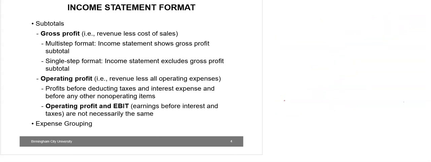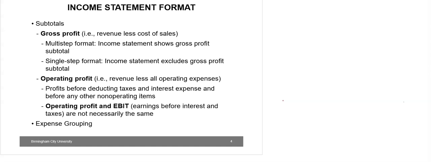Expenses may be grouped and reported in different formats subject to some specific requirements. Some of the items are specified by IFRS, but other items are not specified. Certain items such as revenue, finance costs, and tax expenses are required by IFRS to be separately presented on the face of the income statement. Additionally, IFRS also requires that line items, headings, and subtotals relevant to the understanding of the entity's financial performance should be presented even if not specified.